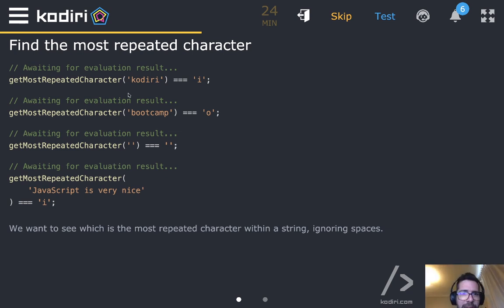So if I got Codery, the most repeated character is I. Why I? Because I is listed twice. All the other characters are listed once. If I got the word bootcamp, the most repeated character is O, because it's twice. Once again, that's pretty much all about it.